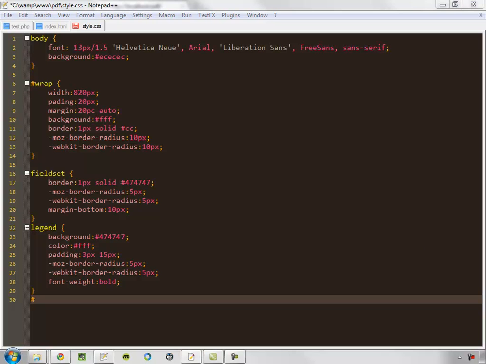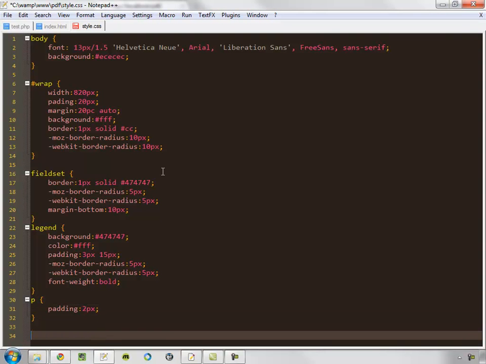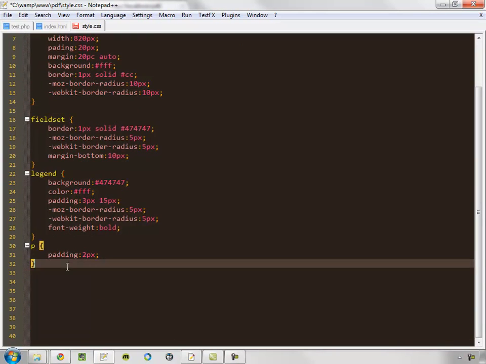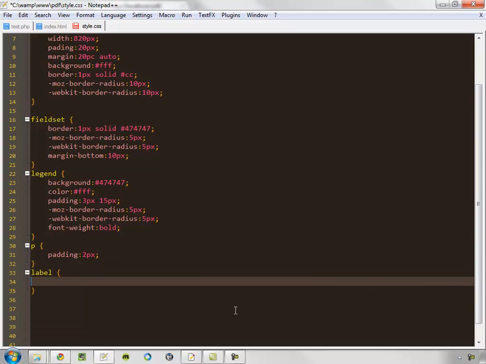What else do we have? Those paragraphs that all our inputs are in. We'll just give them a bit of padding, space things out a bit. Move that up on the screen there for you. Let's see, we have the labels within the paragraphs, and we will set those to display